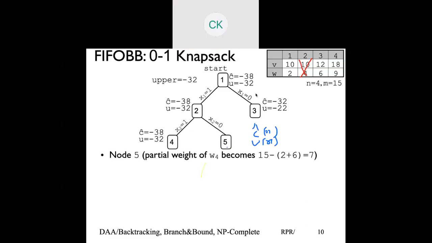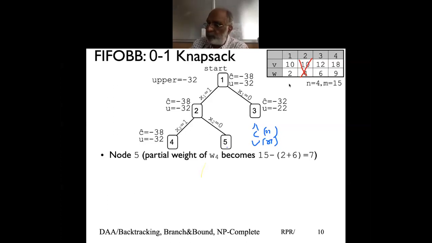Yeah. Then if we take the first and third item, then total weight becomes 8, and the remaining capacity is 7. So we need to take 7 from the fourth item. Right, so absolutely 7. So look, we are taking the first item, weight 2. We are not taking the second item, that is weight 0. Third item is weight 6. So total weight has become 8. My capacity is 15. So that means I need to take only 7 weight from here.